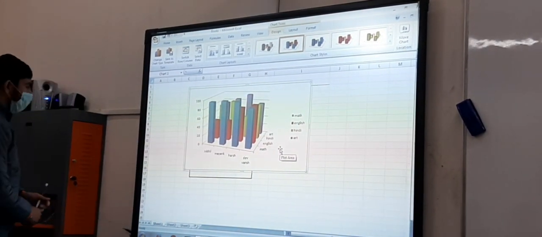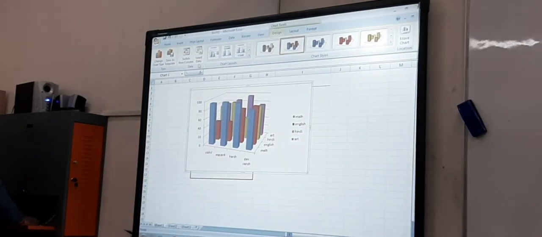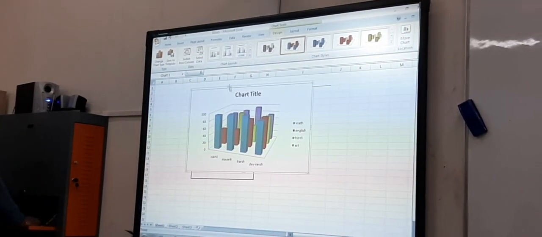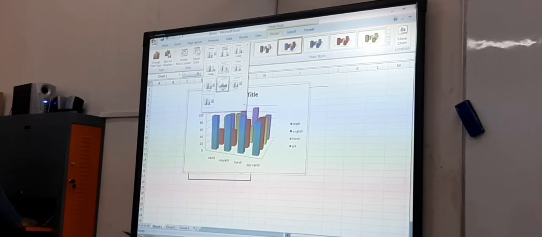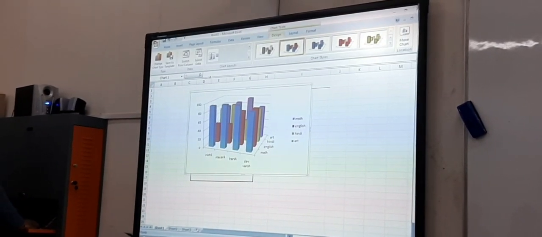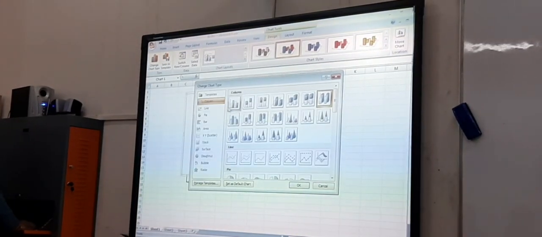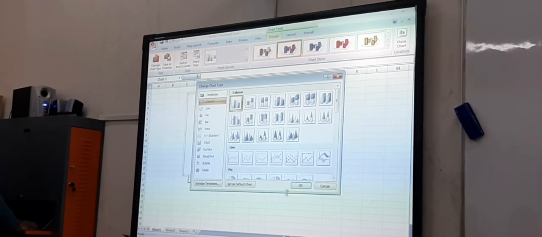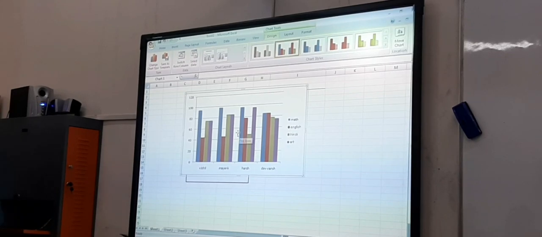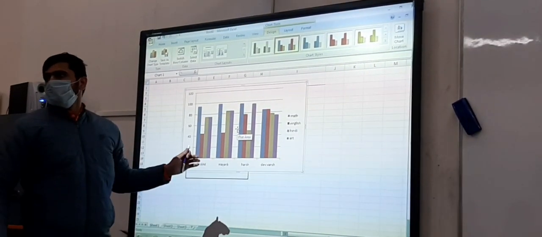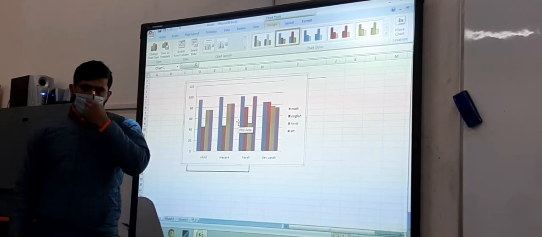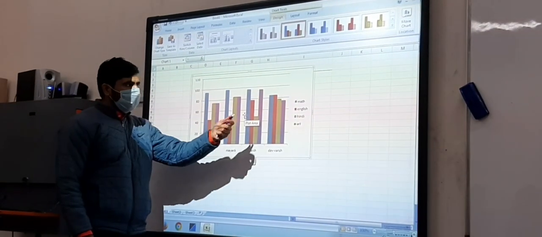Now, if you want to change the view of the chart layout, you can click on that and come to that option. Change chart type. Column, the simple one. Here you can see the options. So here we can make the chart according to those numbers.